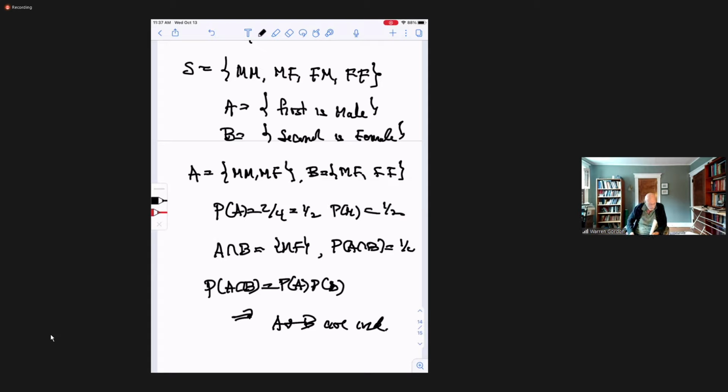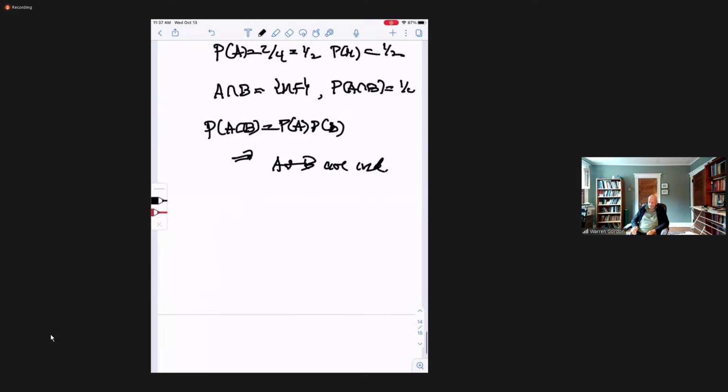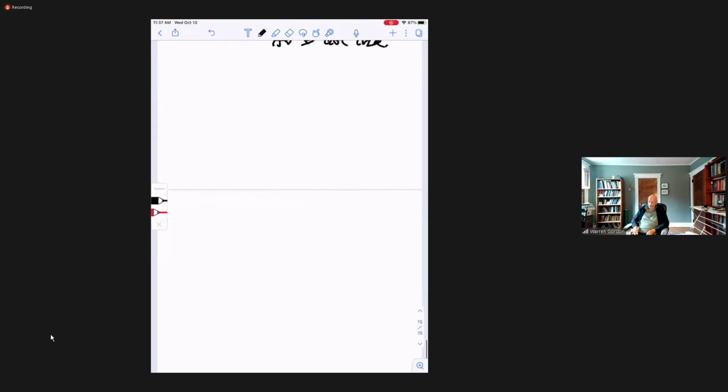Okay. So independence is a pretty straightforward idea. And again, as I said earlier when I started this topic, there are 2 kinds of questions. One question is, prove they're independent. And the second question is, if they are independent, use that to solve the problem. Now, it turns out the sample spaces don't have to be finite. We can have an infinite sample space. I'll illustrate that in an example in a moment. But before I do that, I need a preliminary. I need to remind you about a geometric sum,